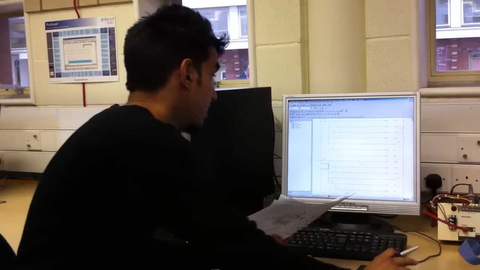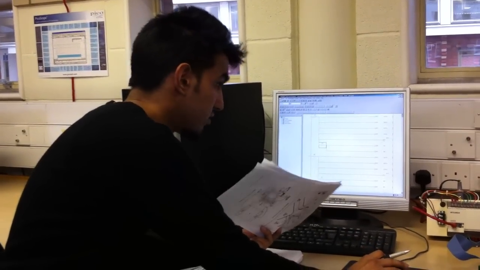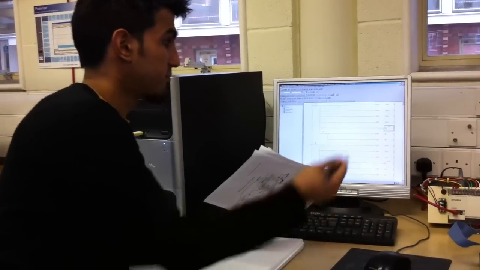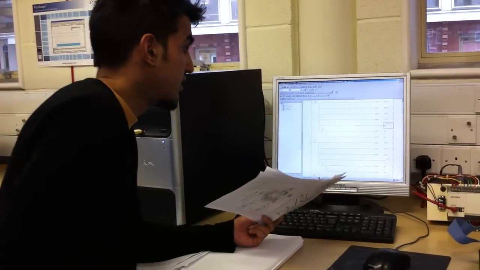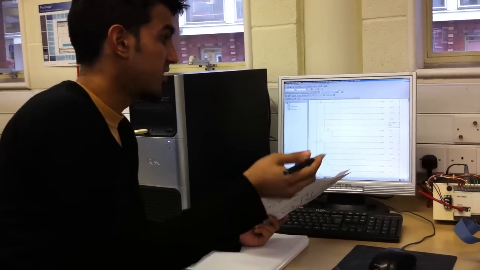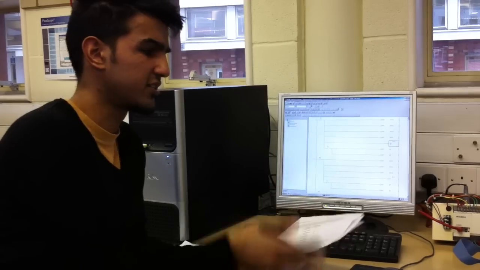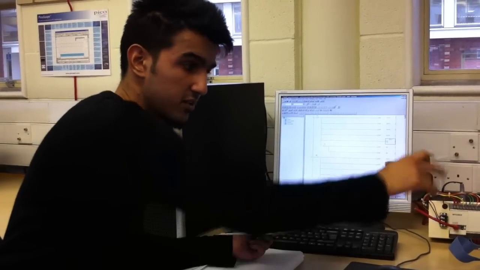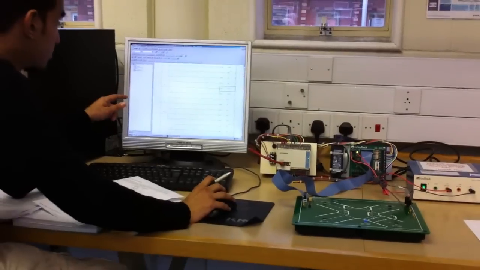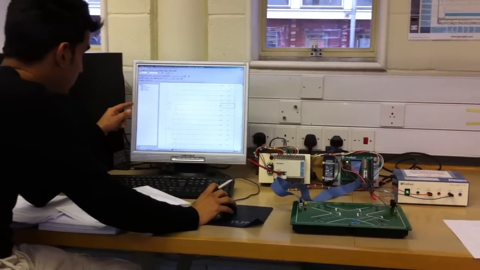I will write T0 equals K20 for 2 seconds. Then after 2 seconds I reset those lights and set the next lights, first red, then yellow, then green. In this way the whole west and south loop will work.